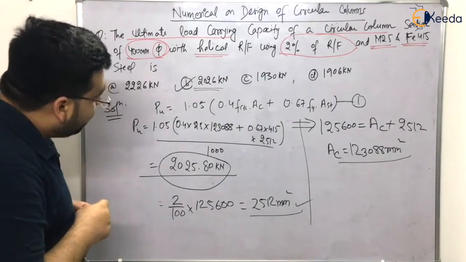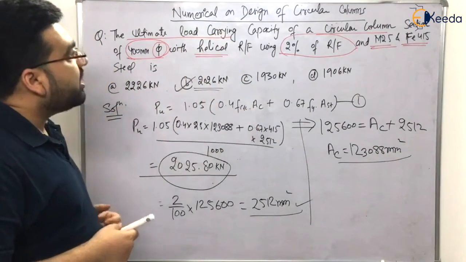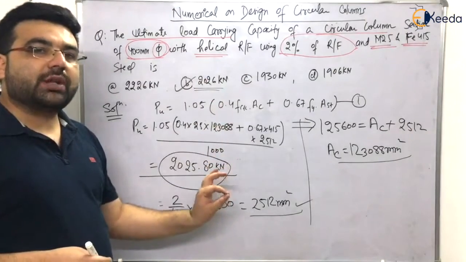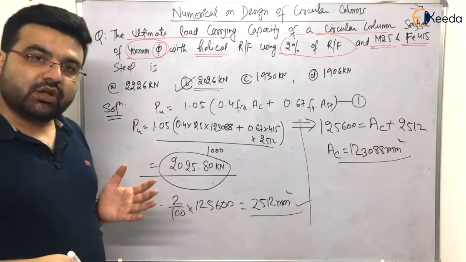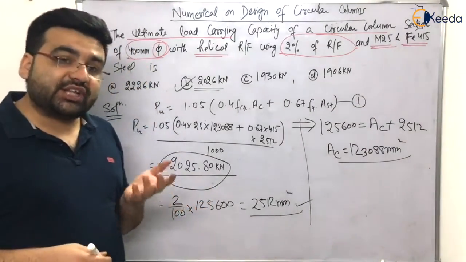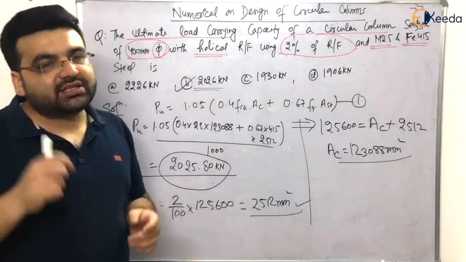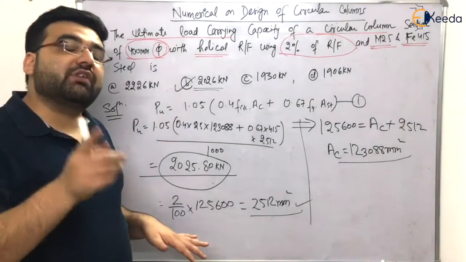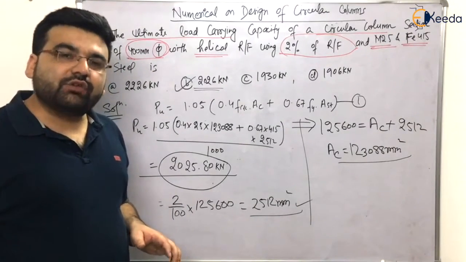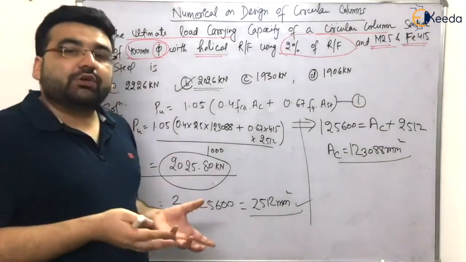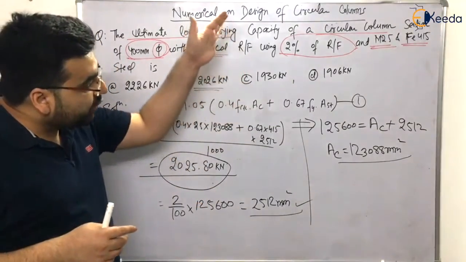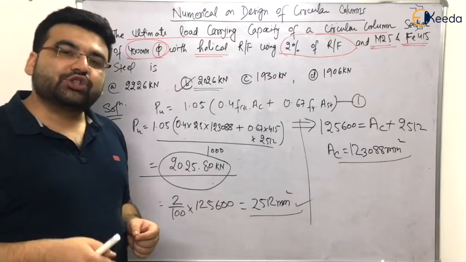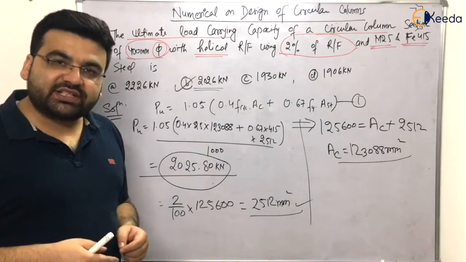I hope that you have understood the case of circular columns also, and that even if a single question comes from this topic, the circular columns as well as the normal column, you will be able to answer. In the next videos we will see what types of questions have been asked in GATE examinations in previous years. I am sure whatever I have taught you, you will be able to solve each and every question and will not get confused, if you revise circular columns and normal columns. Let's meet in the next videos and solve some previous year numericals.